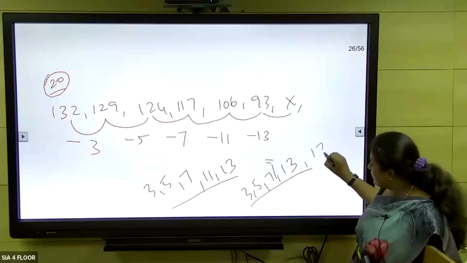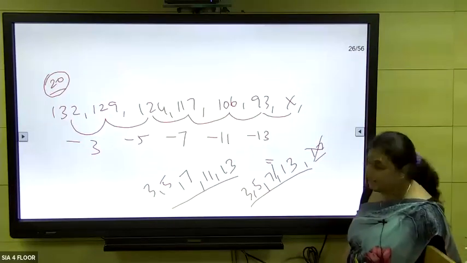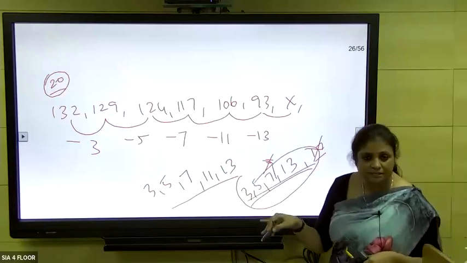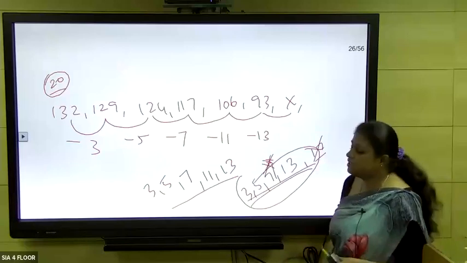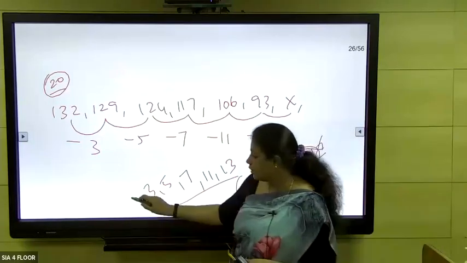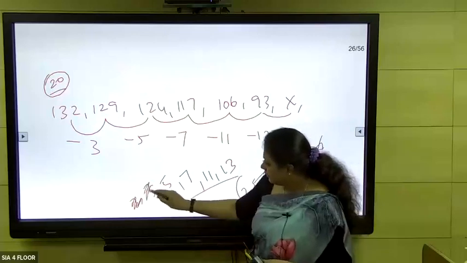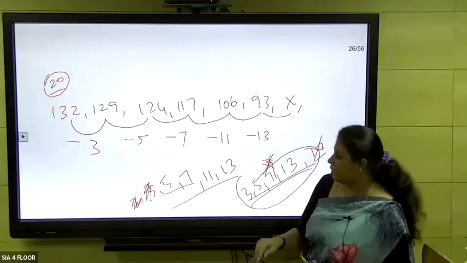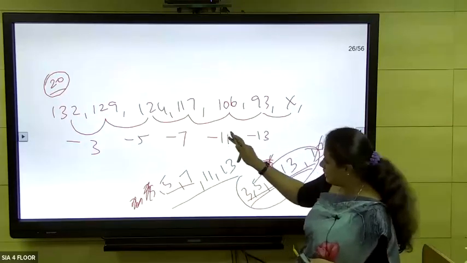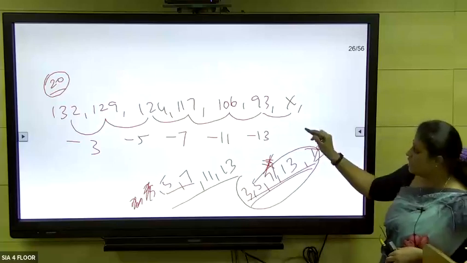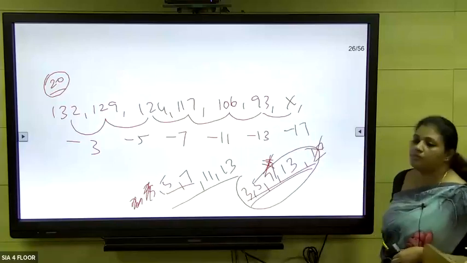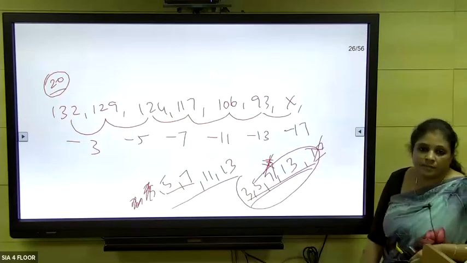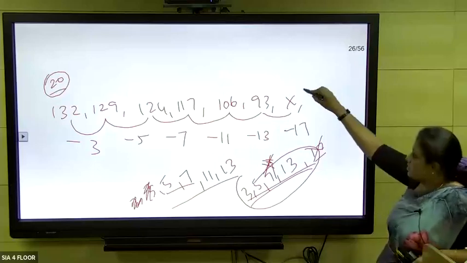Can I take the next number to be 17? No, you should not do that. In between you should not have any missing numbers like this. Always it should be in sequence. You cannot have missing numbers, but it can start from anywhere. 2 is not counted, that's okay. It can even start from 5, it doesn't matter where it's starting. So be careful about it. So 3, 5, 7, 11, 13, everything is a prime number sequence. So next should be a prime number to subtract, which is 17. If you subtract 17 from 93, you get the answer 76.